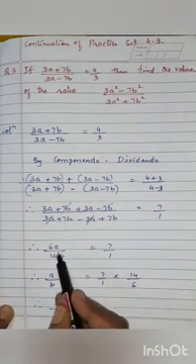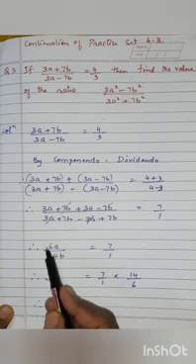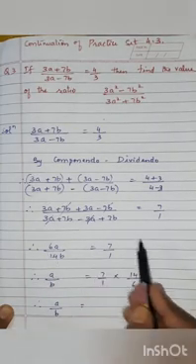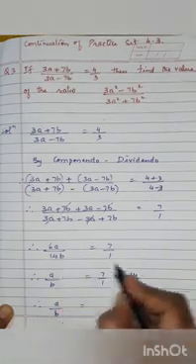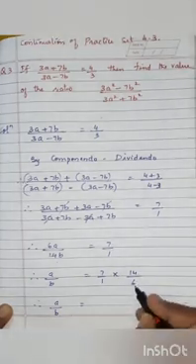So the next step is, we want the value of a/b. So we will keep only a/b on the left hand side, and this 6/14 we are going to send to the right hand side, the other side of the equation. When we send this 6/14 to the other side of the equation, it becomes reciprocated. So we get 14/6.